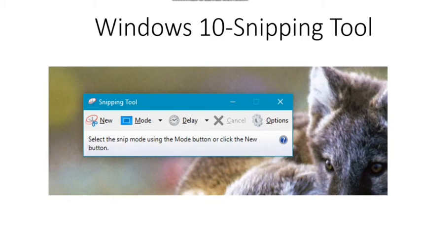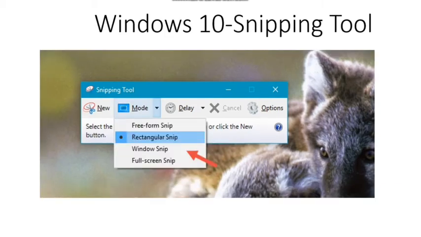The mode button is available only in Windows 10 snipping tool, and its role is to let you choose what type of screenshot you want to take. Essentially, the new and mode buttons from Windows 10 do the same things as the new option from Windows 7 and 8.1 does. It's just that this feature is now split between two buttons instead of only one.